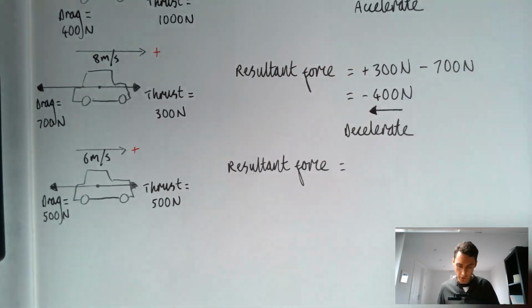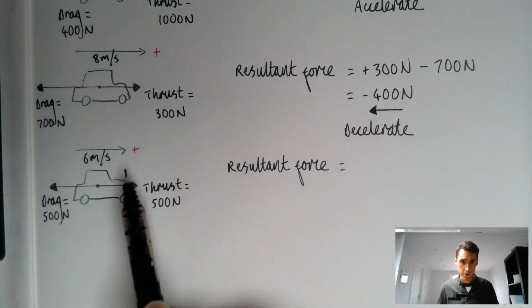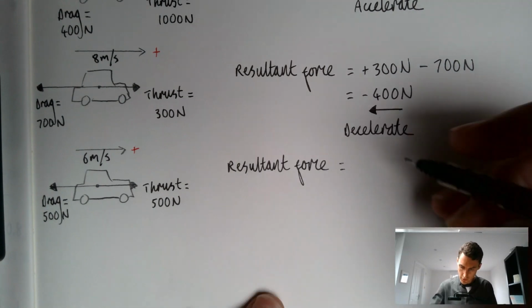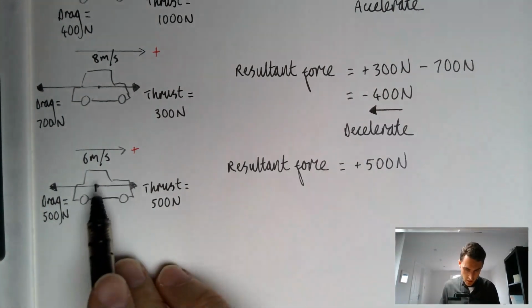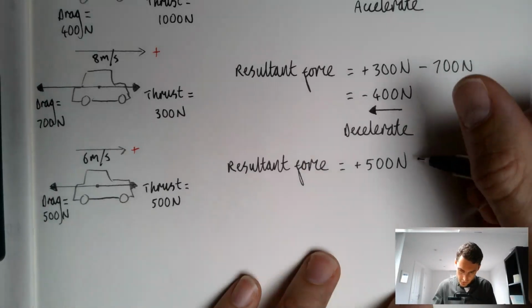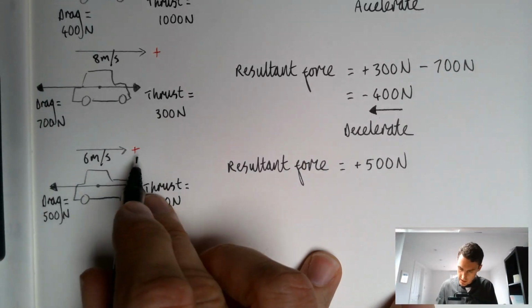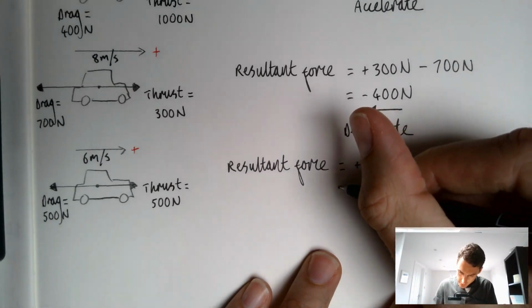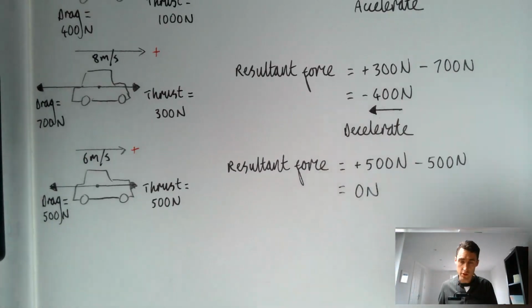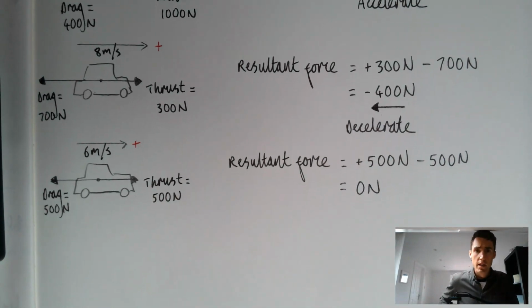It's equal to, again, I've taken that as positive, so I'm going to say plus 500 for the thrust. The drag is in the opposite direction, but it's also 500. Because it's going that way, it's going to be negative 500 newtons. So I get a resultant force of 0 newtons. Now, again,